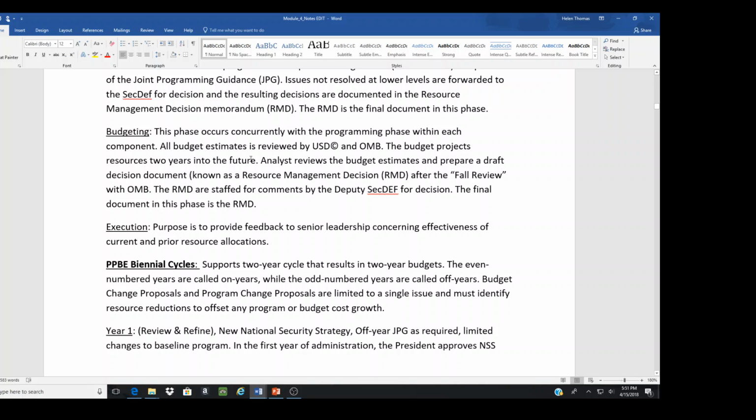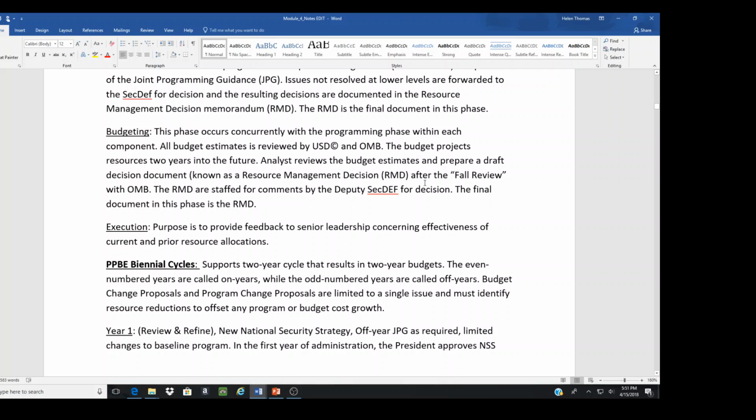So all budget estimates are reviewed by the USD Comptroller and the Office of Management and Budget. Remember, this is at DoD level, and that's OMB, the Executive Branch Resource Management Office. So the budget process resources 2 years into the future. This is how it used to be. But the key here is the